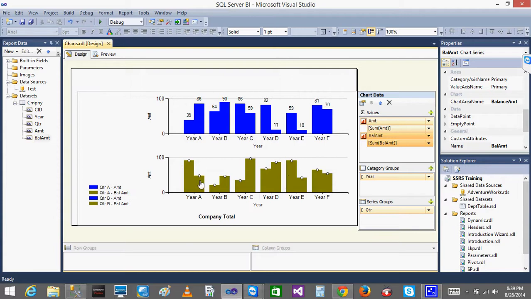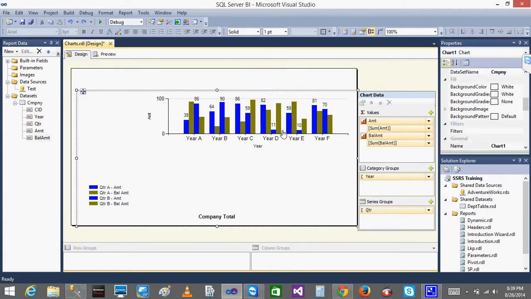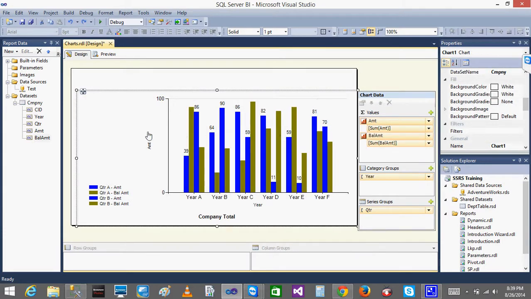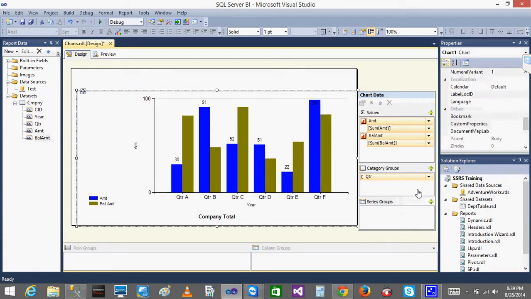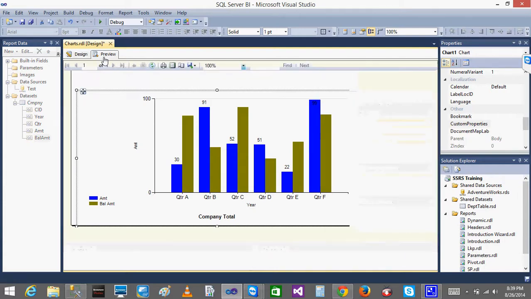This is the one way that you are going to do. That's it. And let's say I am doing Control Z. So I got the year 1. Yeah, I got this. Now what I want is to convert this into some other type. I'll just remove this series group. Okay. I'll keep the quarter. I'll delete the year 1. I don't want to make it constant. Just a quarter one. So I got the data here now.